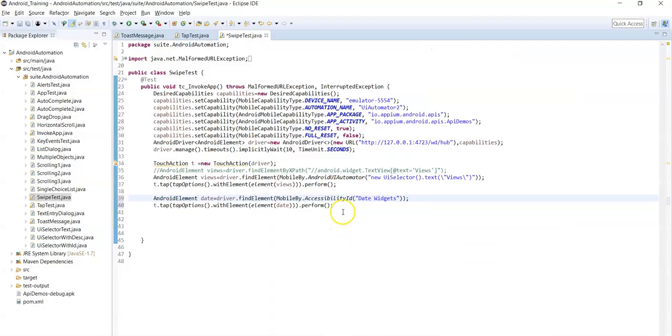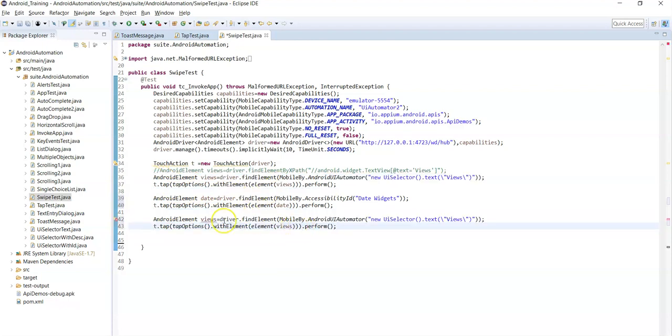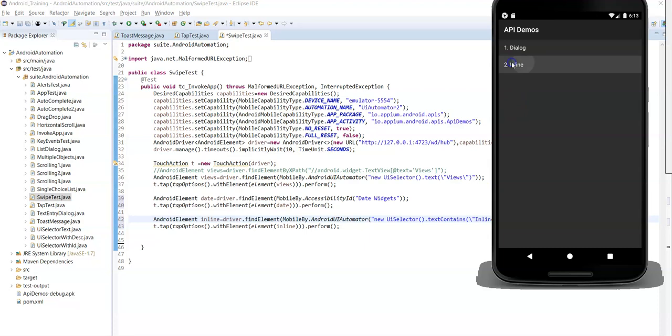So inline. Copy the same statements. Here inline variable, but the text contains, you can use text contains inline. Now it will perform tap action on inline.